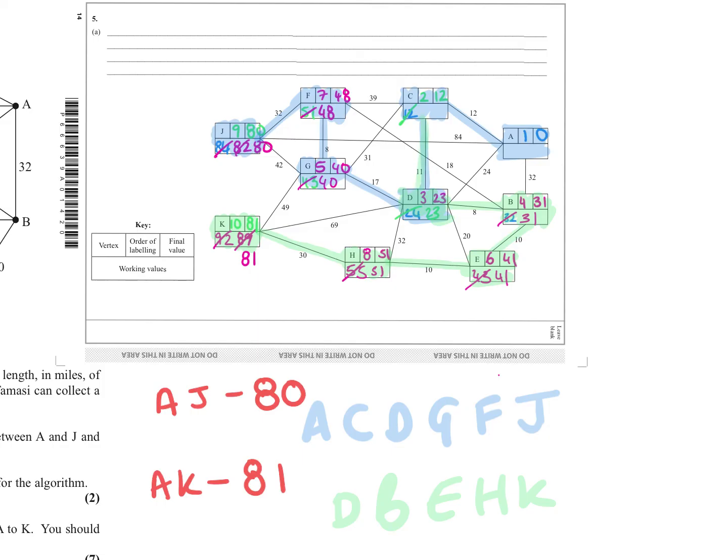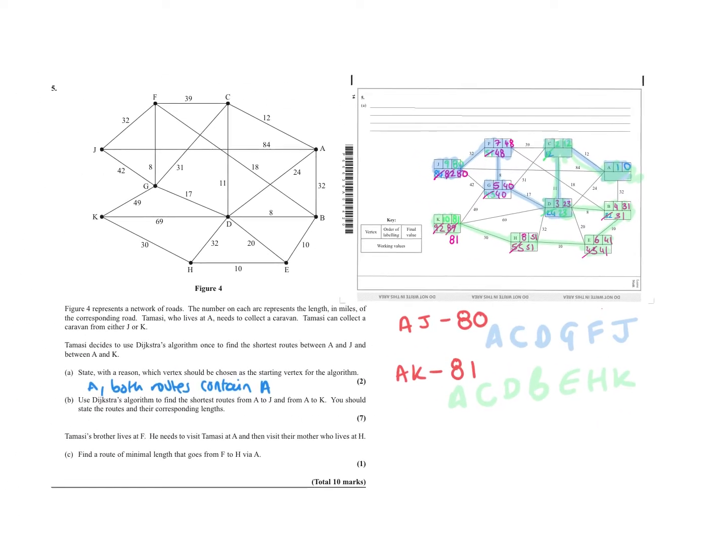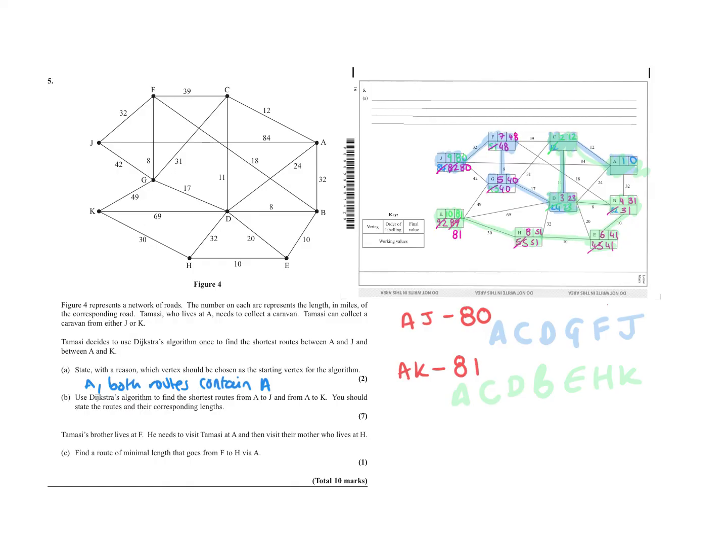D, and then I know from D it is this root, C, A. There we go, nice and simple. So, really easy. And that is going to give me 7 marks. It then says,